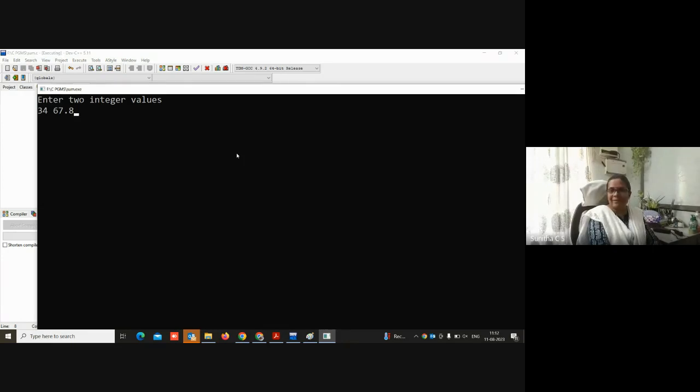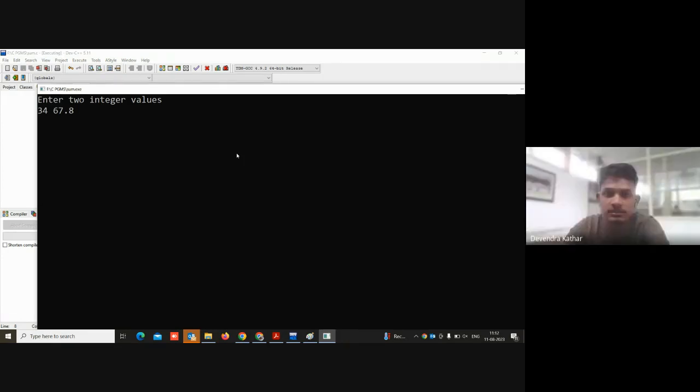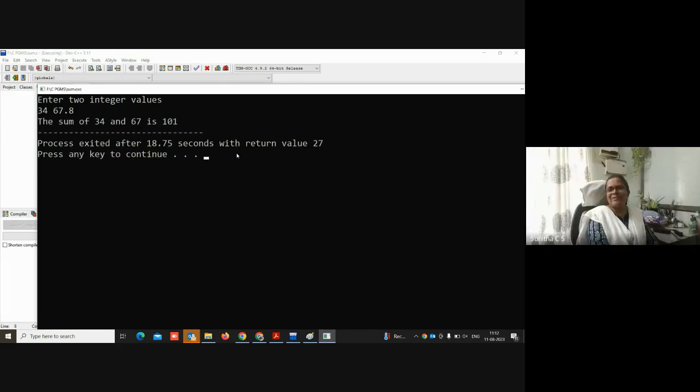Anyone can make a wild guess? 34 and 67, of course, because 34 was an integer, space was already there in the formatted scanf, so that was allowed. And 67, up to 67, it was an integer, so it took. But decimal is not allowed in %d. So it stopped at 67.